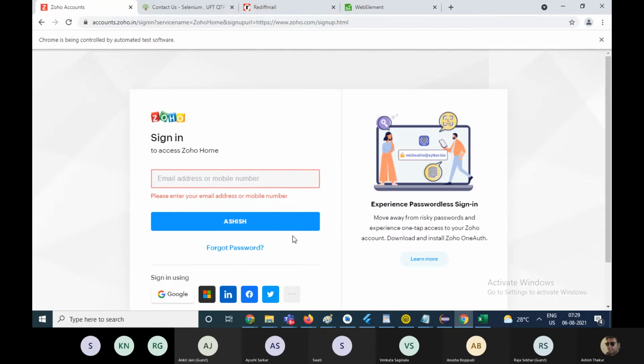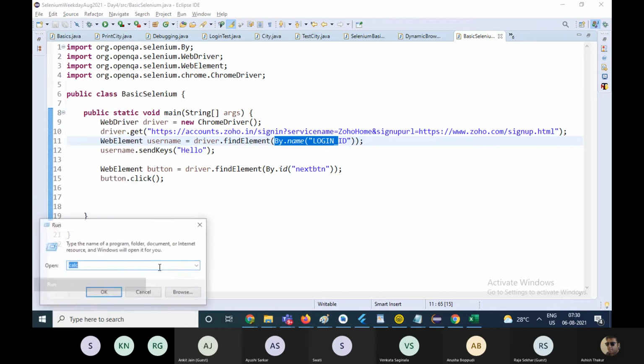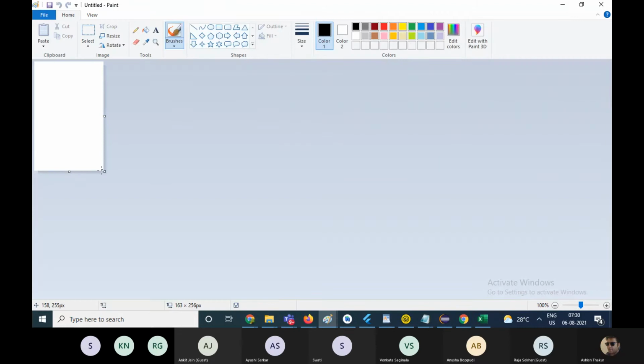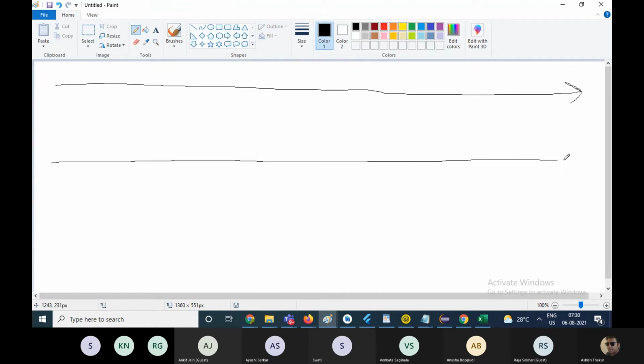Now, what if there are two elements on the web page which have the same ID? And you give this command driver.find element by the ID, or they have the same name you give by the name, then, it should not happen first of all. If it is happening, then what will happen is that, Selenium, when it scans the web page, it goes from the left to the right side and goes to the bottom.